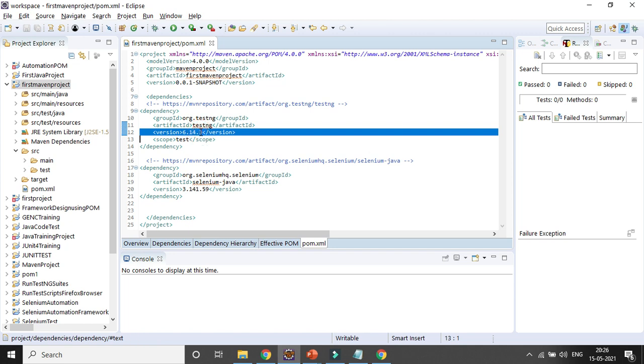So in a normal Java project you need to remove that one, install the new one, and replace it.